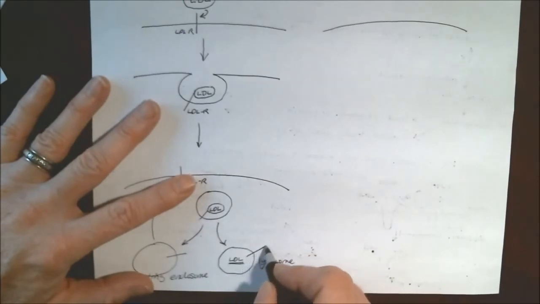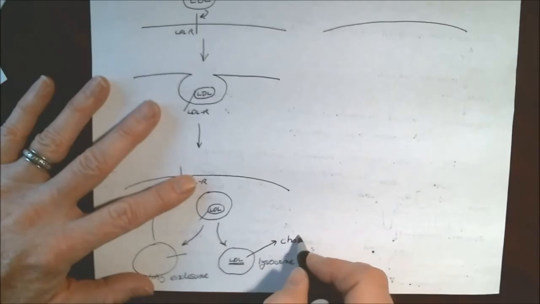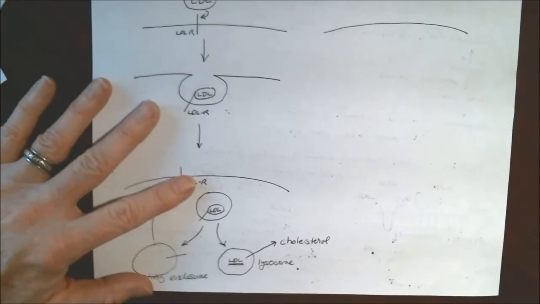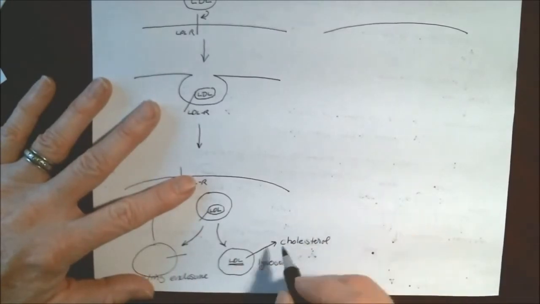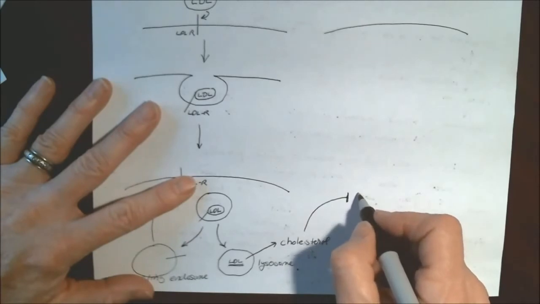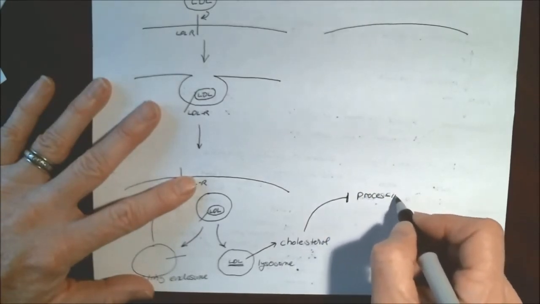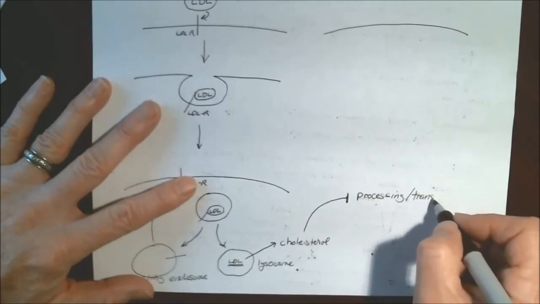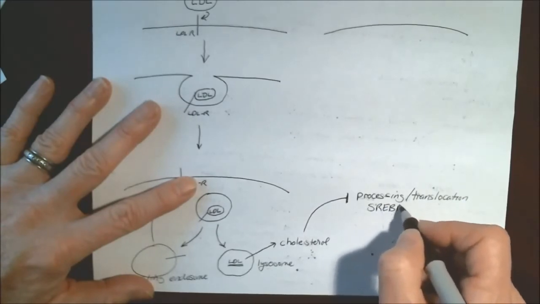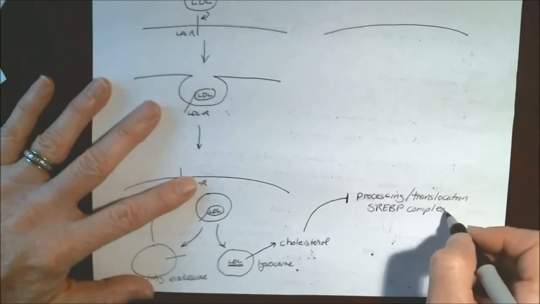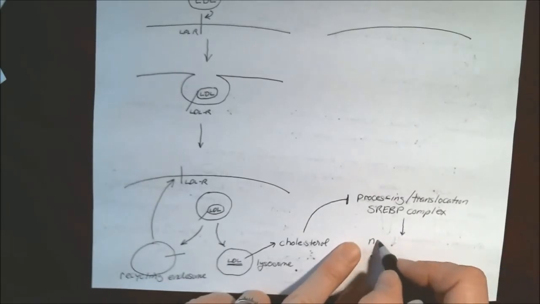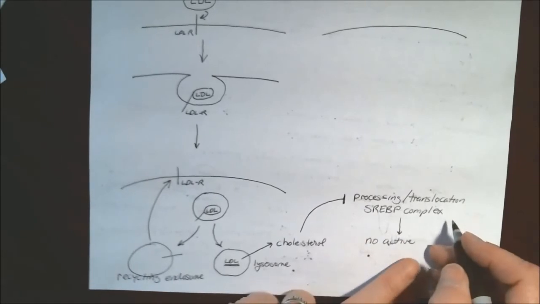Recall, this has cholesterol. This cholesterol will be released from the lysosomal compartment when the LDL particle is disassembled. If there is sufficient LDL, this will block the processing, translocation of the SREBP complex. In doing so, there will be no active transcription factor,